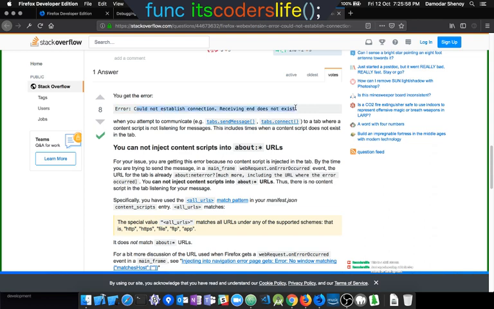when you attempt to communicate to a tab where the content script is not listening for messages. This includes cannot inject content scripts into about:*. Okay. For your issue, you are getting this error because no content script is injected in the tab by the time you are trying to send a message in the main frame,